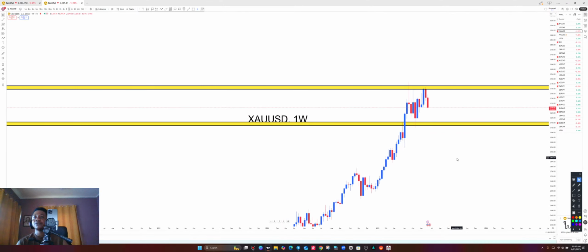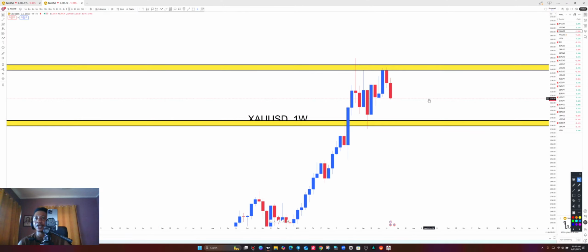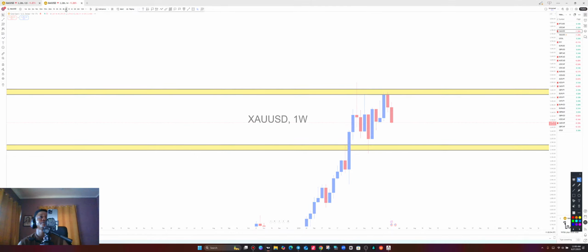All right, so this is the weekly time frame of XAUUSD or gold. On the weekly time frame, we have the weekly upper zone and then the weekly lower zone. Price, after making contact with the weekly resistance level, has seen sell pressure and is bringing the market all the way to the downside. So how can we pick selling opportunities before price makes contact with this support level? Let's find out as we take you through the daily time frame.